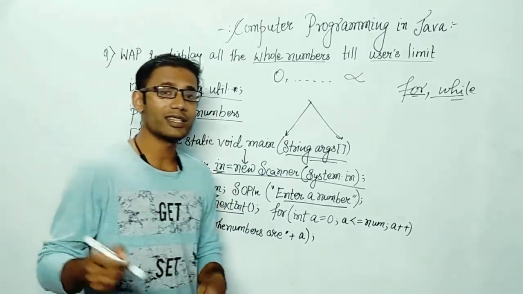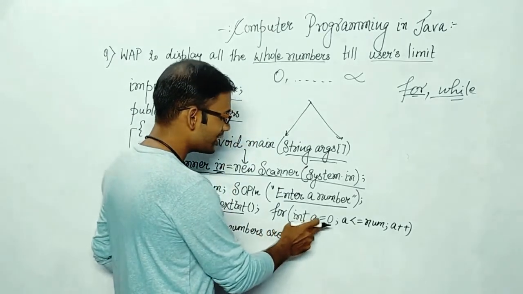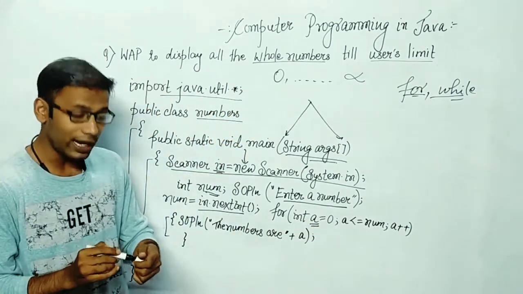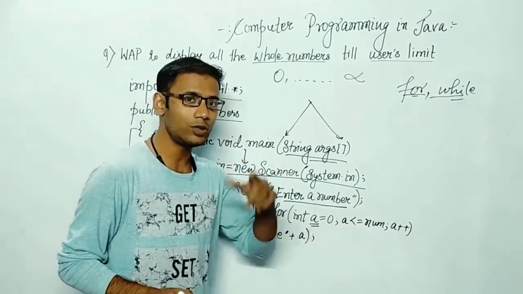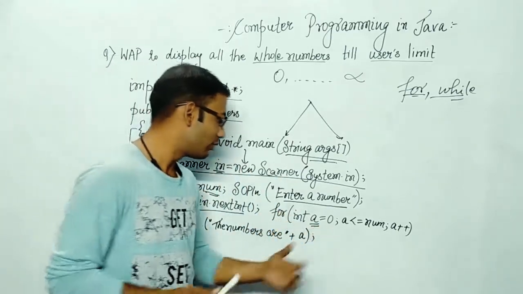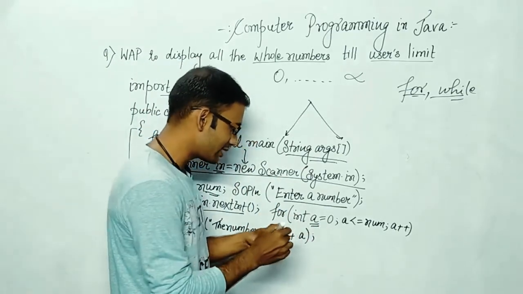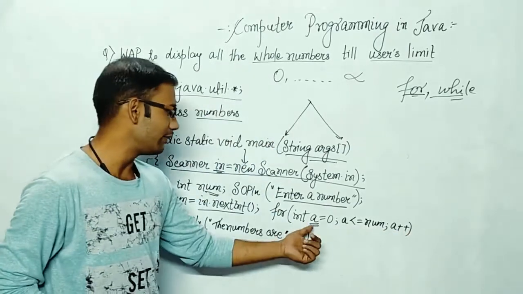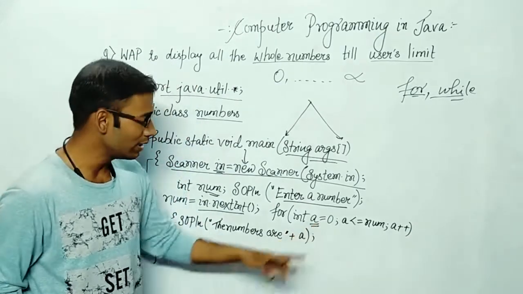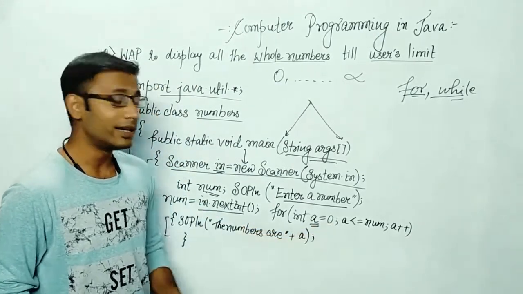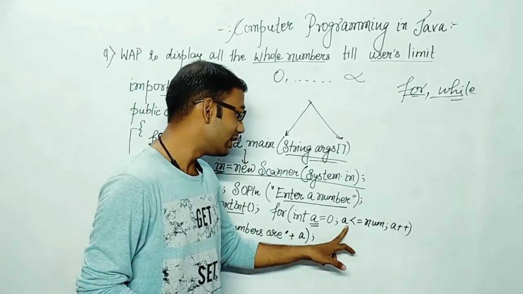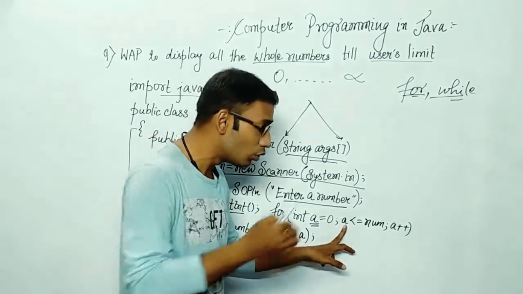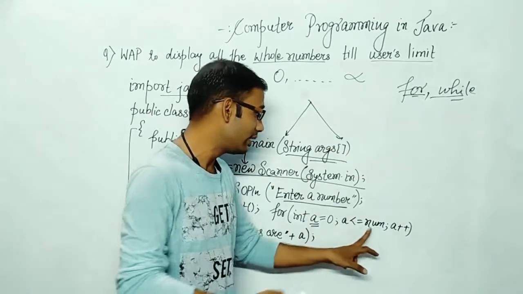Now utilization of the for loop. For (int a = 0. Over here we have created another variable so that we can utilize the for loop. As you know, to create a loop we need three statements: initialization, after that condition, after that increment or decrement. Over here I have utilized another variable, that is a. What is the lower limit? The lower limit is 0. The condition states that unless and until 0 goes on increasing and touches the upper limit.